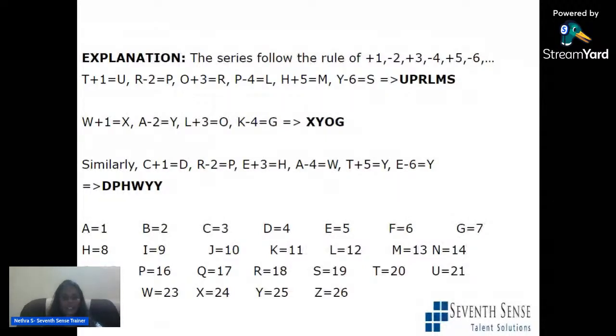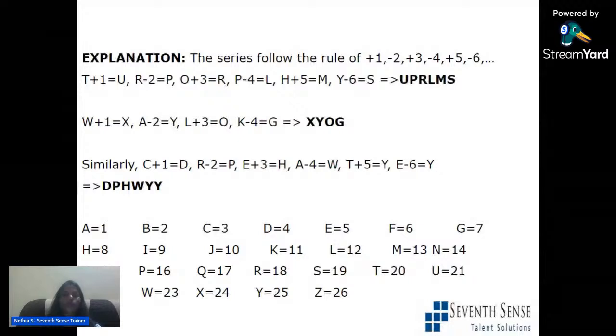So T's next letter is U. R's previous second letter is P. O's next third letter is R. P's previous fourth letter is L. H's next fifth letter is M. Y's minus sixth letter, that means previous sixth letter, is S. So that is why you can see trophy is coded as